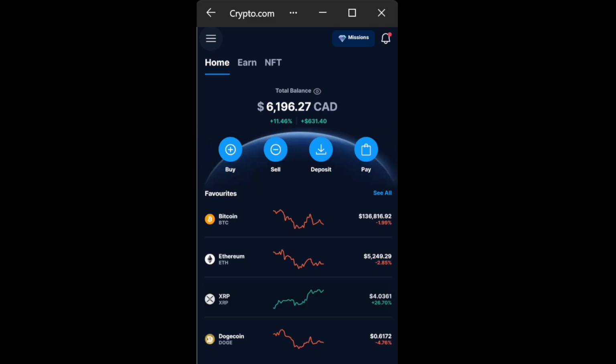So for example, I'm gonna set a price alert for XRP since XRP is my favorite token. I've been investing into it, and if you watch our last video on how to set up, you can see how to buy and sell XRP as well. So for those who have your account, I'm already logged into my account. You can see here on the home page, if you just click on XRP itself,